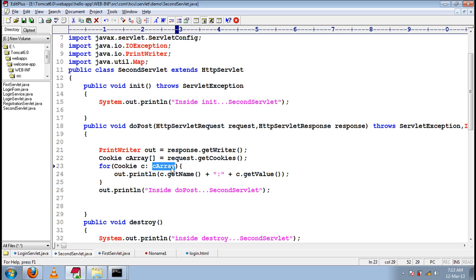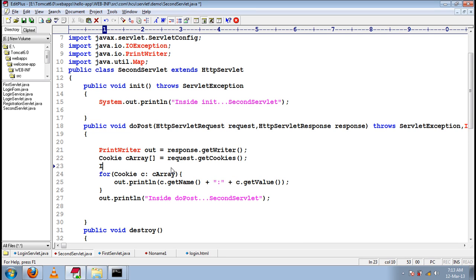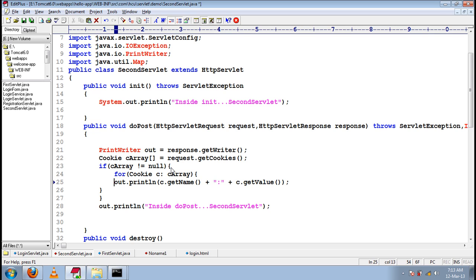There are no cookies for this web application in the browser, in the temporary internet files of the browser, just because we have closed and opened the browser. Okay, so what I'll do is, if it is not equal to null, then we iterate the cookies.